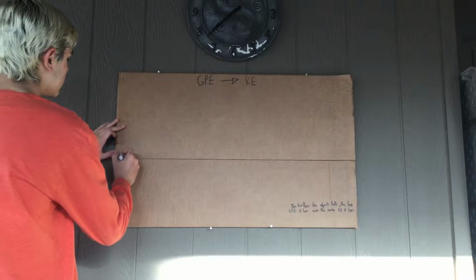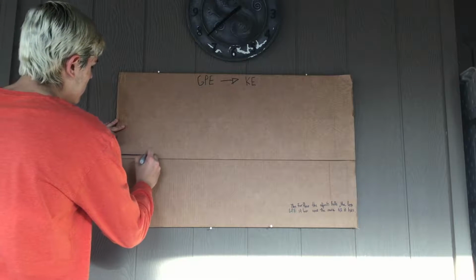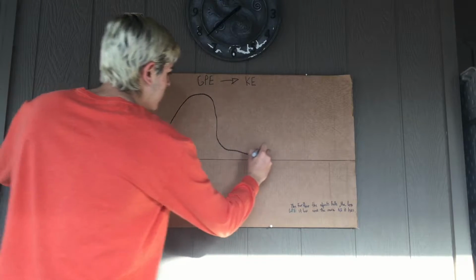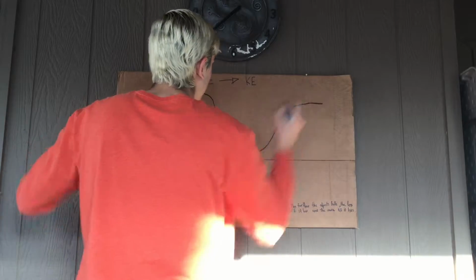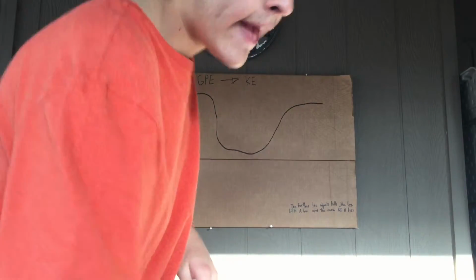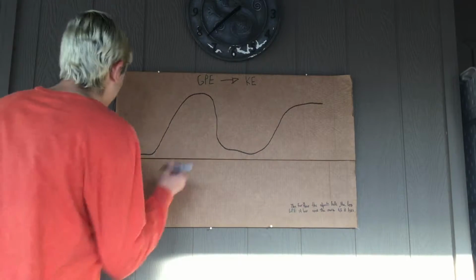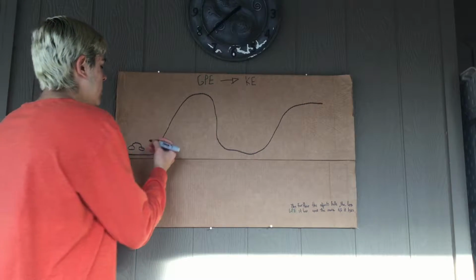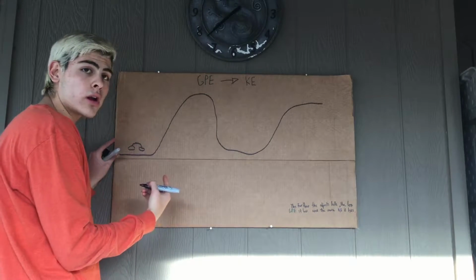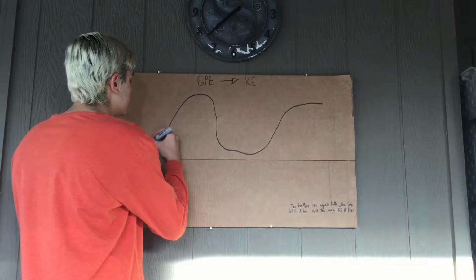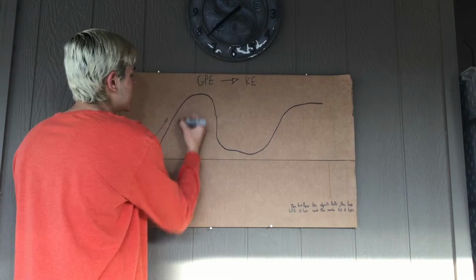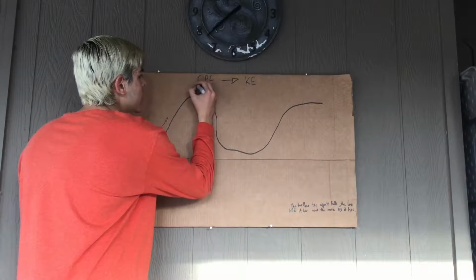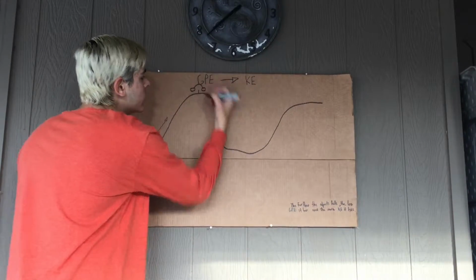I have a roller coaster. I'm just drawing a random roller coaster to give a little explanation of how this works. I have a cart right here. And when there is enough work being done, it is being transferred to gravitational potential energy. And once the cart reaches the highest point at the top, let's say right there,